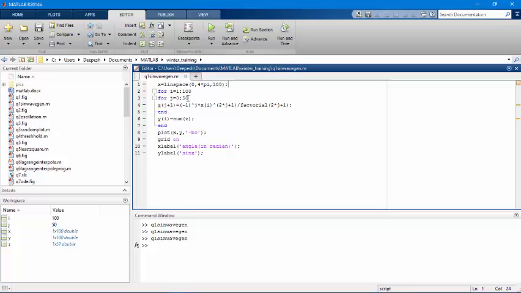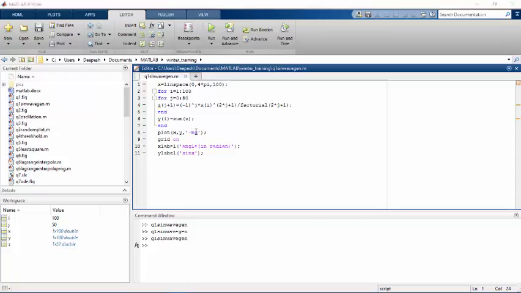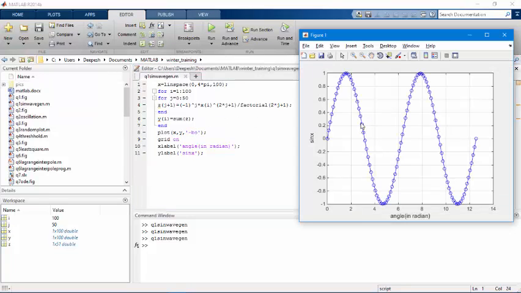The second loop will tell you how many terms I am going to use to evaluate sin x. The more the terms, the better the accuracy. This z j plus 1 is nothing but a single term of the Taylor expansion of sine wave. y will store each value of sin x. This will plot x y, and this will ensure that the plot is blue and has markers.